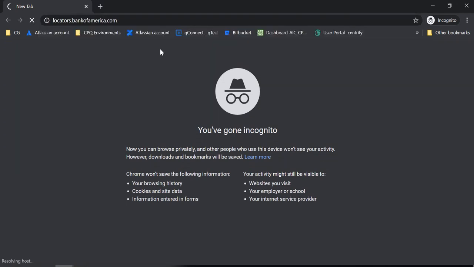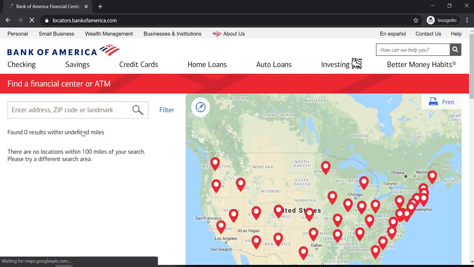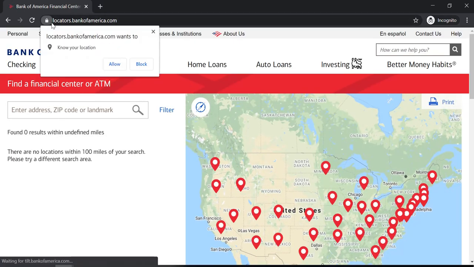If you're opening it here, okay, it is not asking because I have already given the permission. Sometimes the pop-up comes saying, do you want to share location?